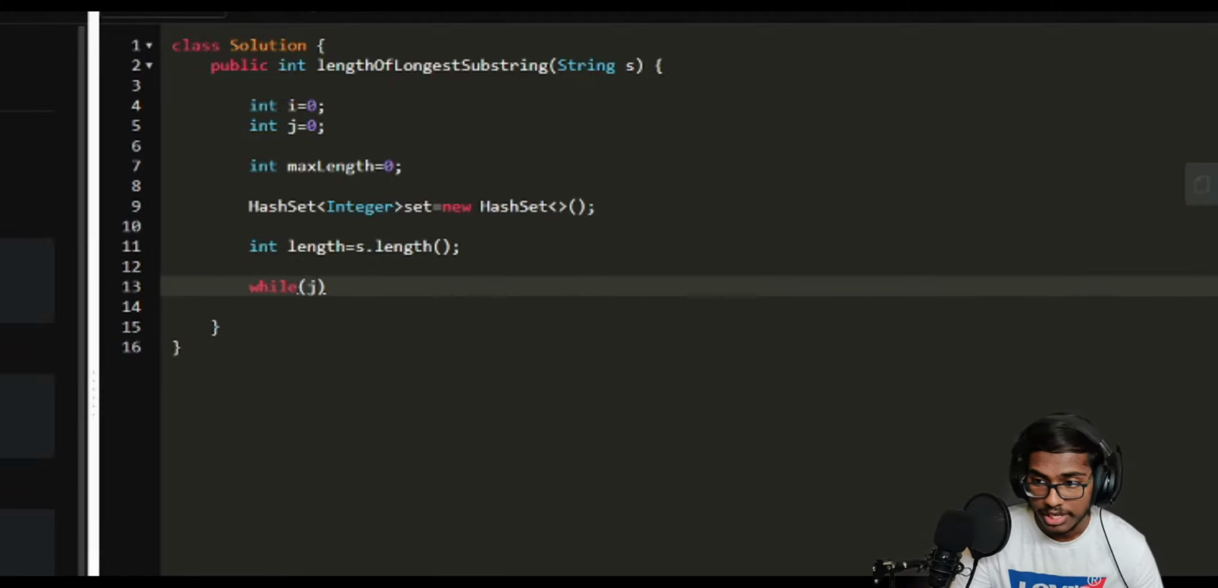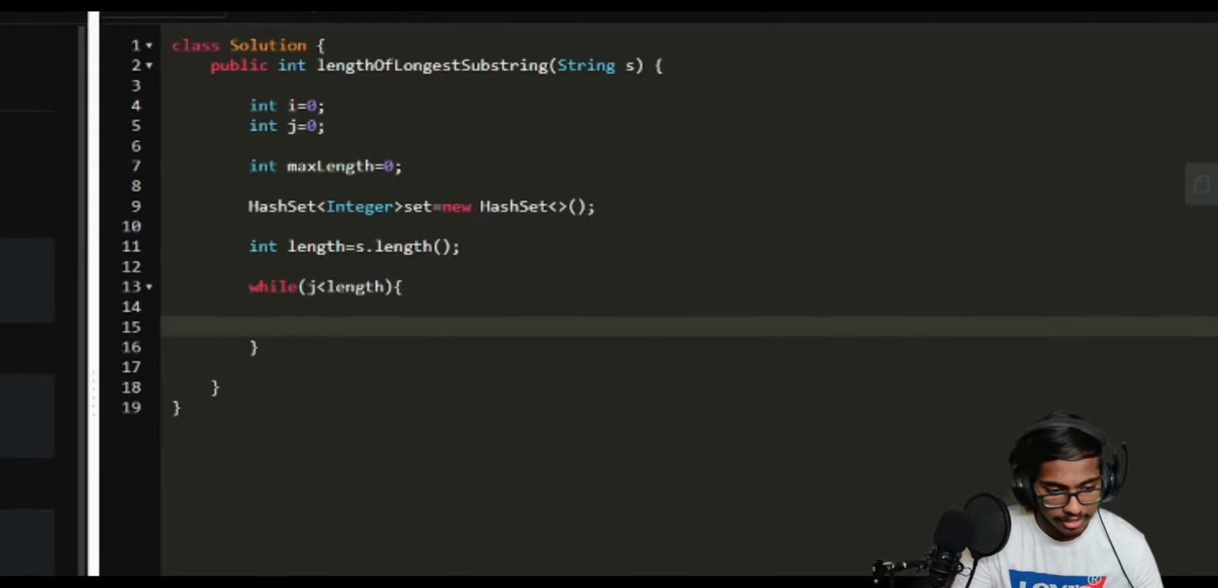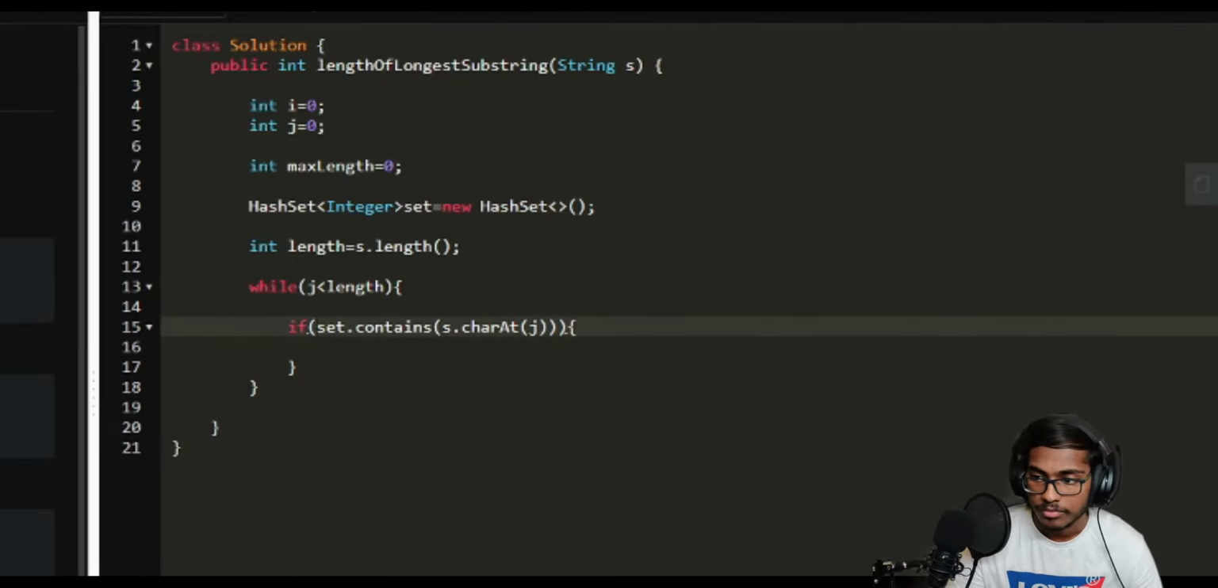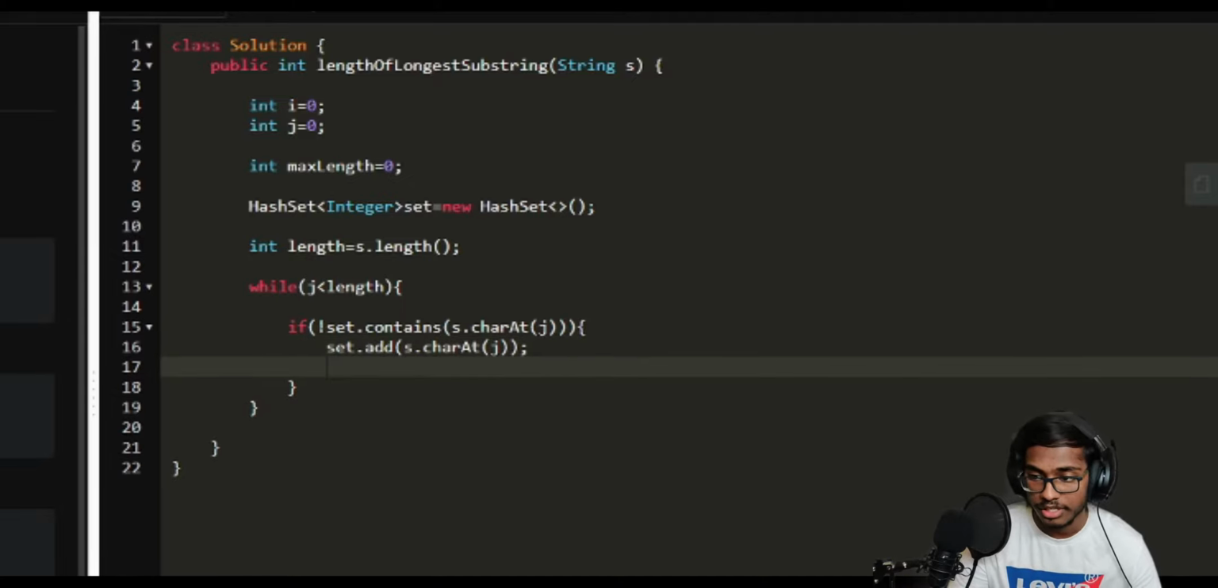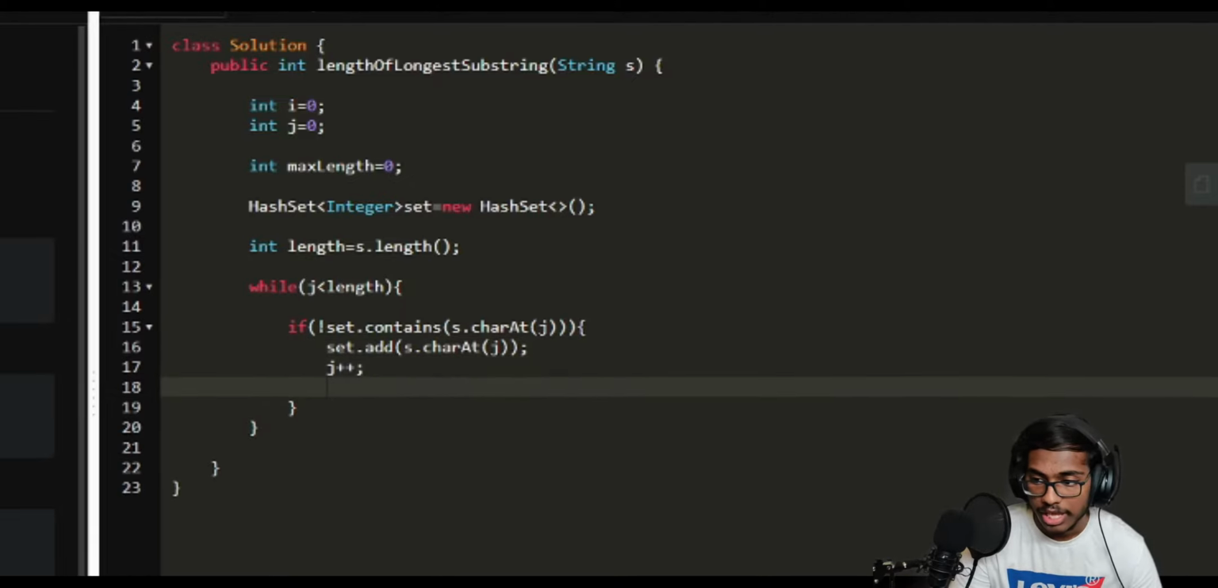While j is less than length, if set.contains s.charAt(j). If not set.contains s.charAt(j), in this case we are going to be adding this character to the set. So set.add s.charAt(j), and then we have to increment j. So we're going to do j++, and then we'll check